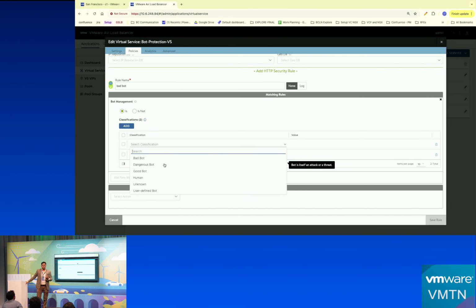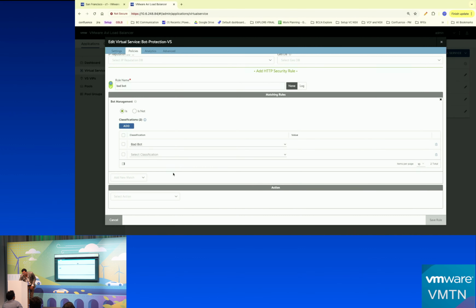So a lot of times there are search engines running their bots on your browsers that help you remember your things and give you customized recommendations. All those are good bots. They gather some analytics and customize things for you. So in this case, I can simply select that it is a bad bot, and what sort of action you want. So from here you can,